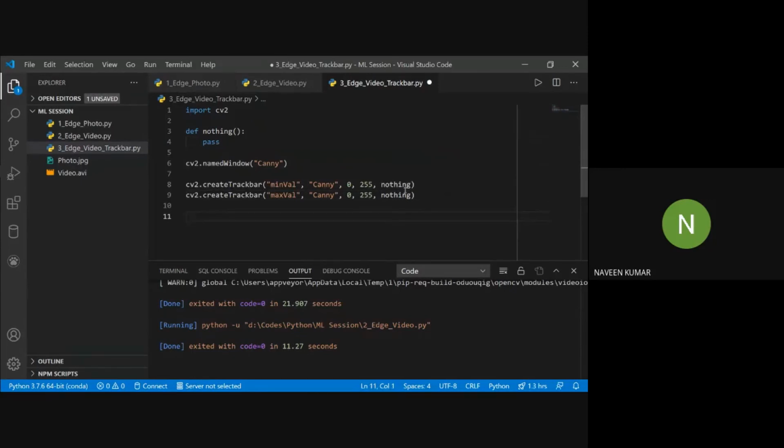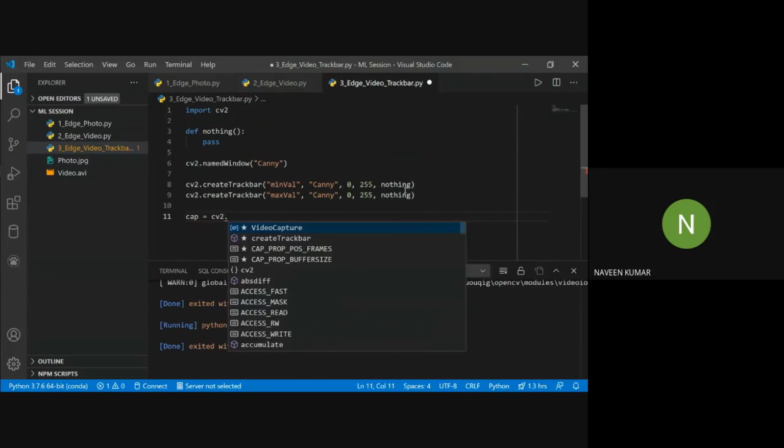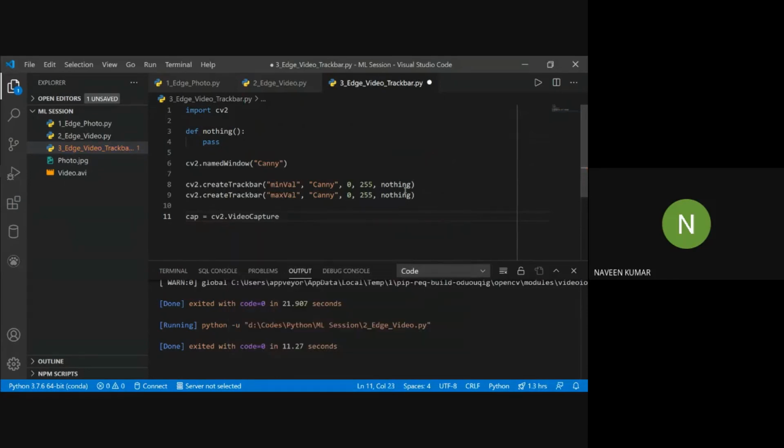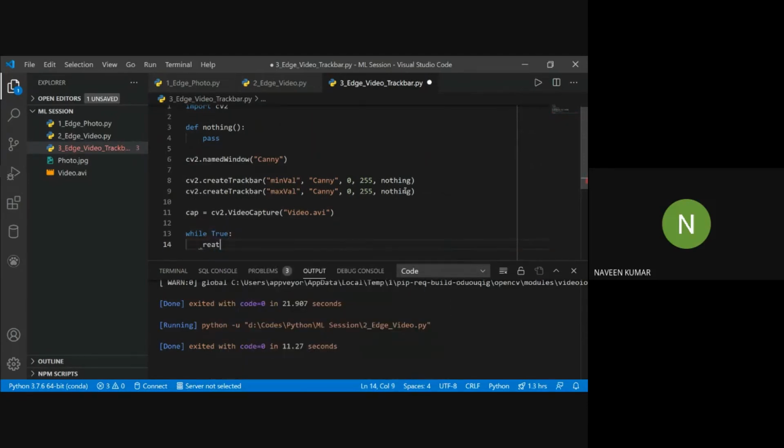We will start capturing from our camera, and let's say I want to load this video file only. And in a while True infinite loop, we will read frame by frame.